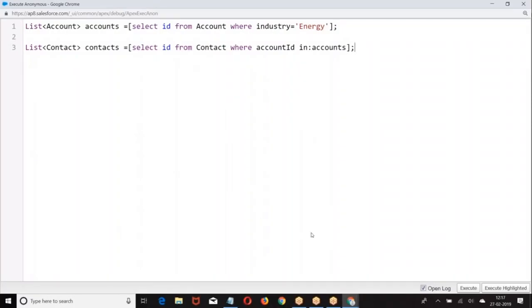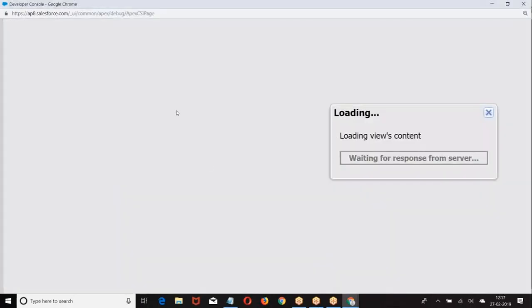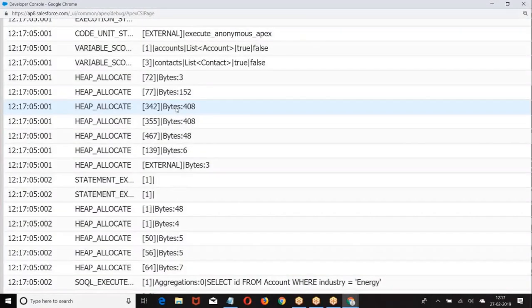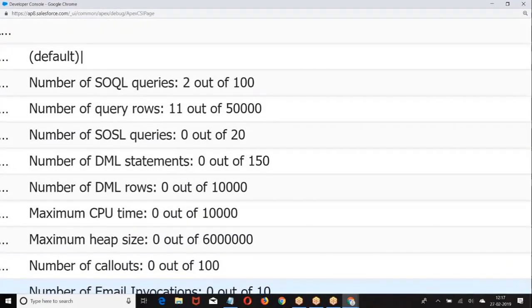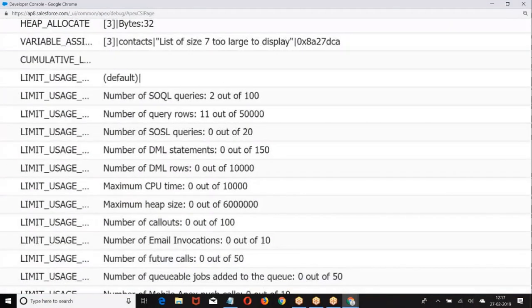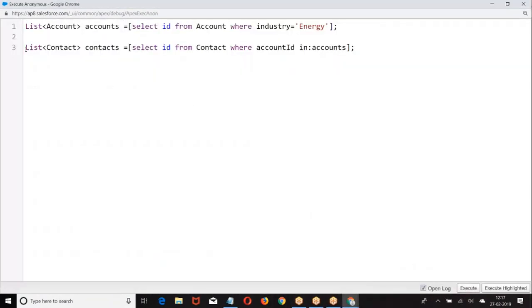If I execute this, how many SQL queries are running here? 2 SQL queries. 2 out of 100 SQL queries. How many records are coming? 11 records are coming. Now get the clarity on this.